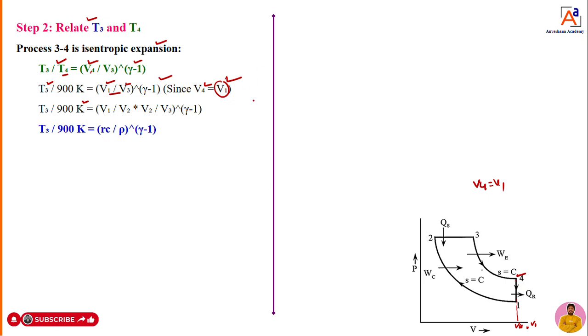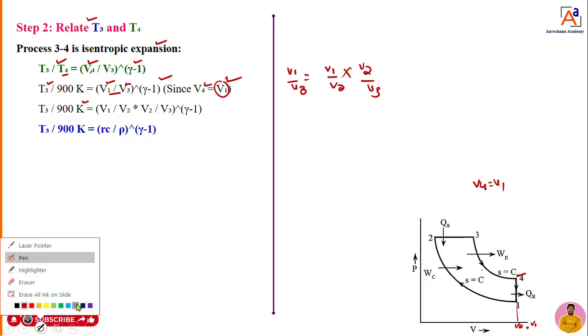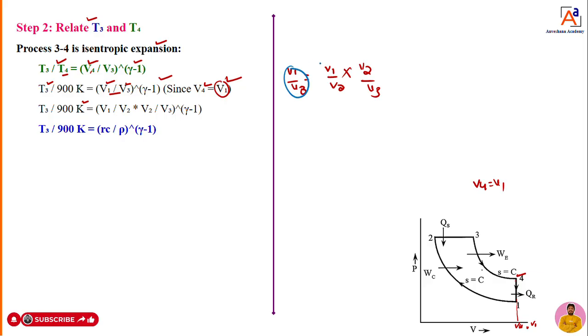So T3 by 900 Kelvin is equal to, now this I can write in another form. V1 by V3 I will express like this also: V1 divided by V2 into V2 divided by V3. Dear students, just see, I am writing the same equation in another form. Once we cancel V2 and V2, what we get is V1 by V3. So V1 by V2 into V2 by V3 to the power of